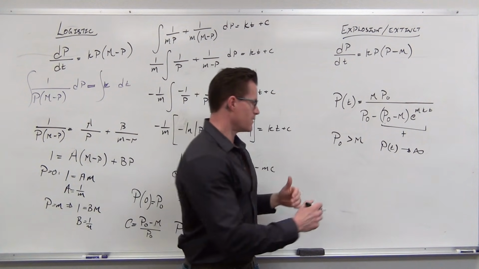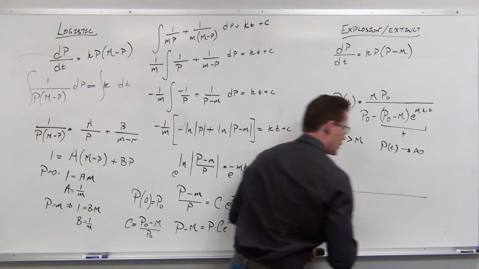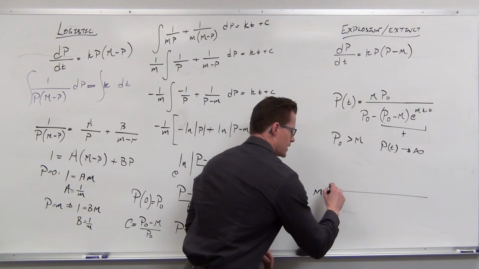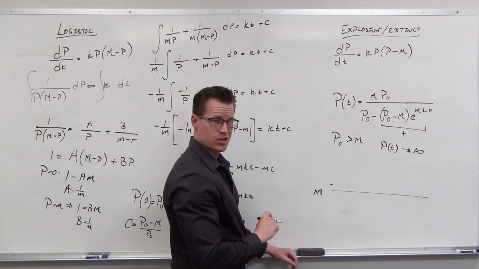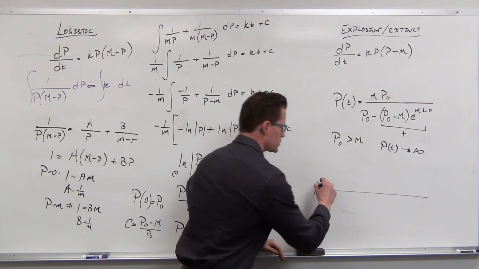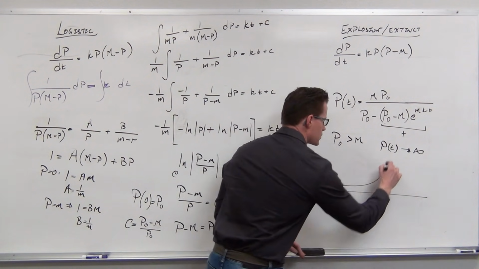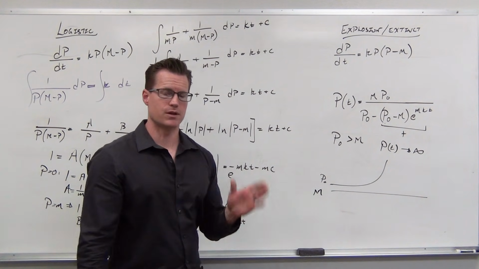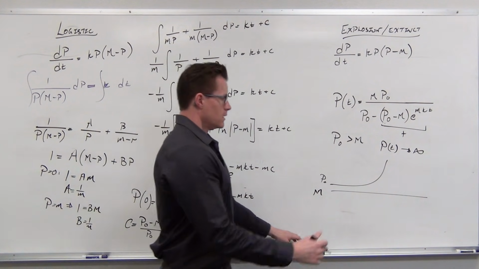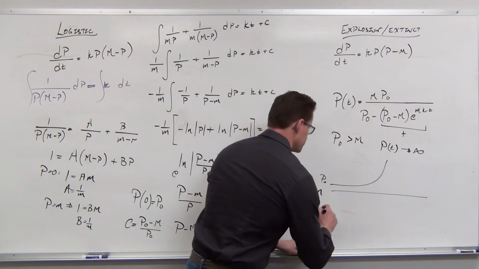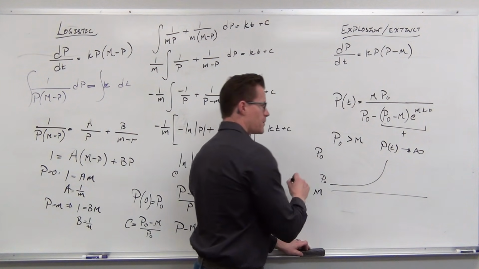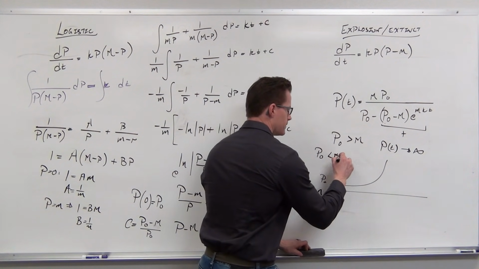It says that if you have a threshold of m, and you start with an initial population above it, if the initial population is greater than m, it is going to eventually explode. There's no bound. Now, the other case, if our initial population is less than m,